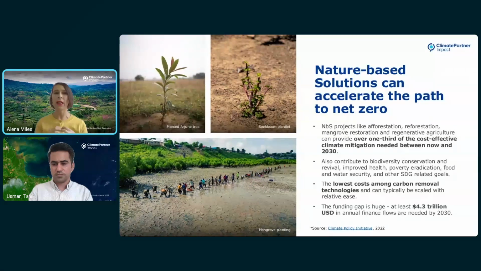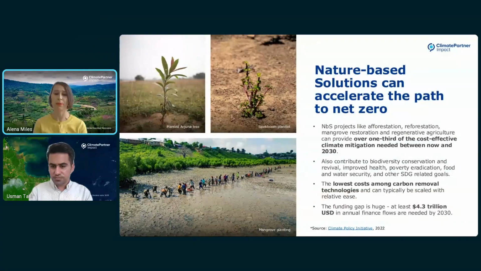And while we think that all carbon removal technologies are very important, nature is already here, it's highly scalable, and at the moment, it's one of the lowest impact ways of removing carbon. However, the funding gap is huge. To achieve those 2/3 of climate mitigation that we need, we have an annual gap of $4.3 trillion that we